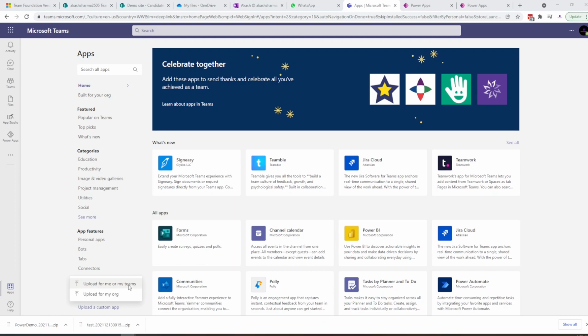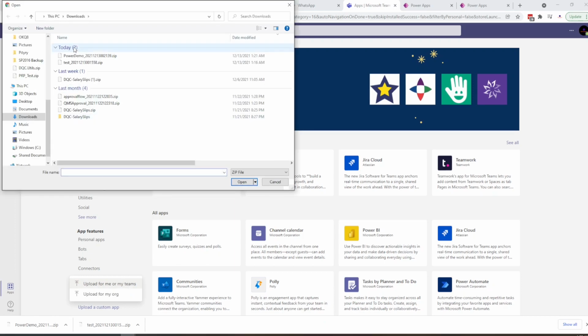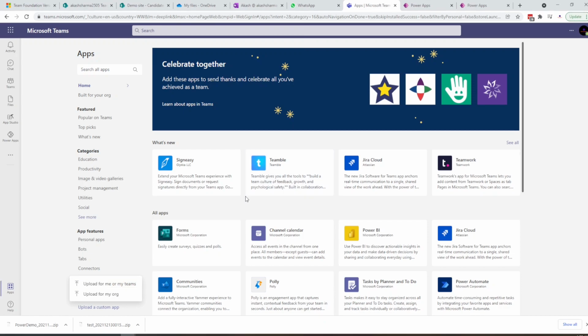I'll select for me or my team, and then from here you need to select the zip package which you have just downloaded. Once you click on OK, you will get options to publish your app in Teams, or you want to have a personal view just like all these apps on the left navigation have. For example, this App Studio has a personal view on the left navigation. So you can also have a personal view for your Power App here.